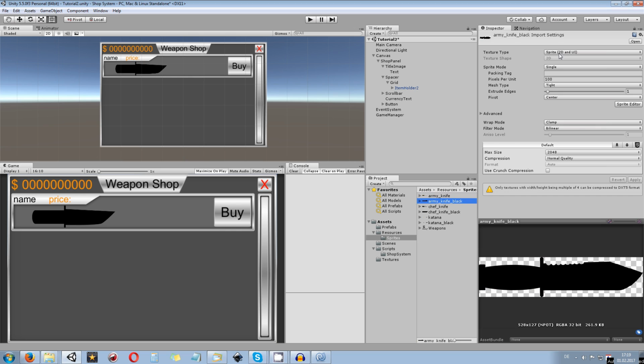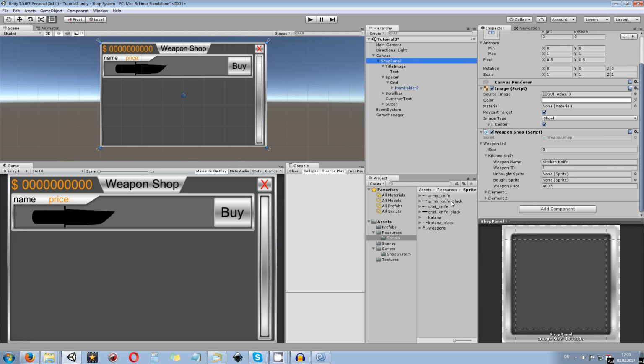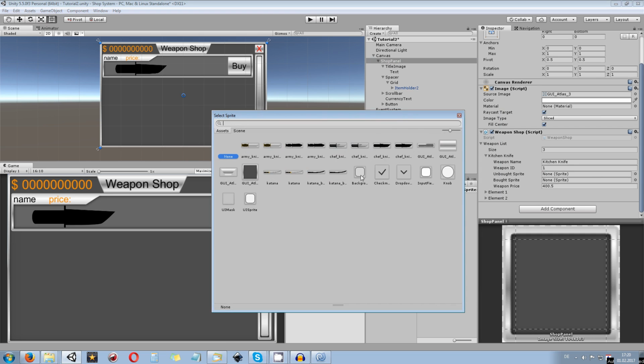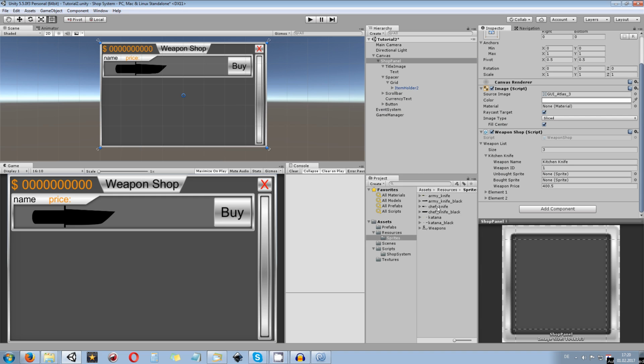So make sure they are all sprites and they are single sprites, and they are also matching each other when we are switching all over them. So make sure the size is the same and so on and so forth, and even the quality and stuff. Okay, with that out of the way, we can go back to the shop panel and actually drag in the information or sprites we want to have inside. So the first one, since it's our chef or kitchen knife, I can take them directly from the list in here. So I have the chef knife, which is the board sprite, the colored version,